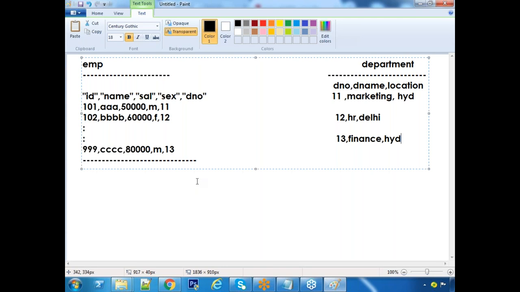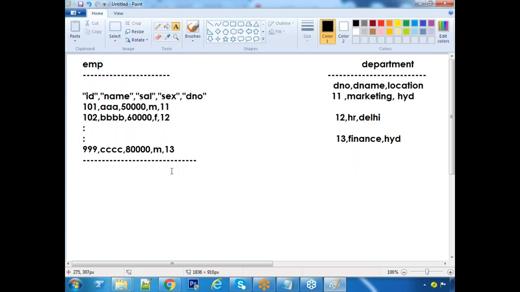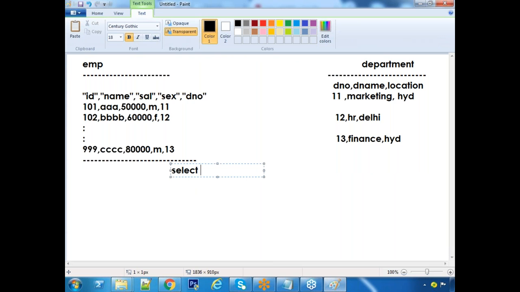Now my question is like this. The equivalent select query I am writing. Select department name or location, comma sum of salary from some table, group by location.